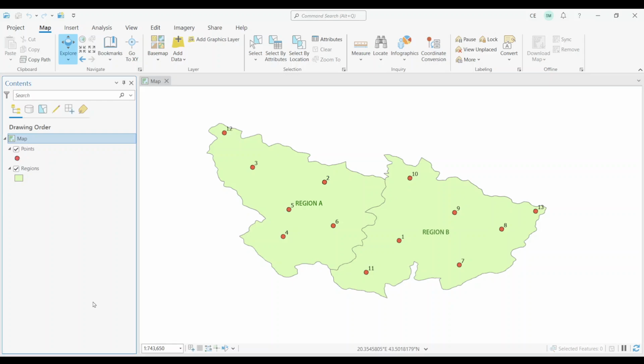The Intersect tool performs a geometric overlap of your input features. So this means that any input features that overlap each other will be part of the output feature class. This tool is very similar to the clip tool, but the main difference is that it keeps all the attributes